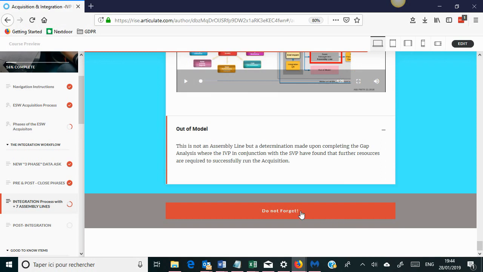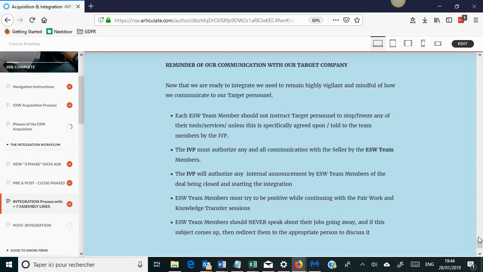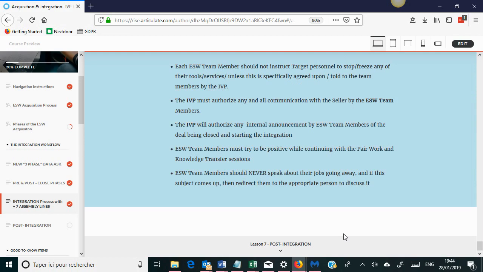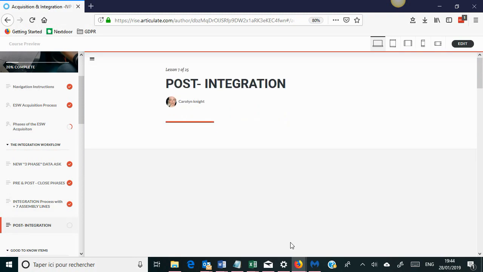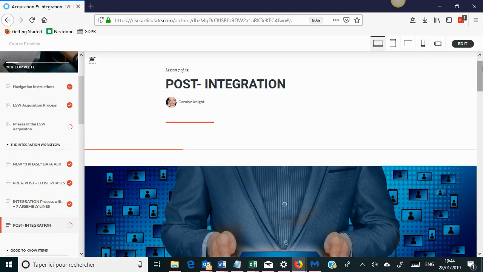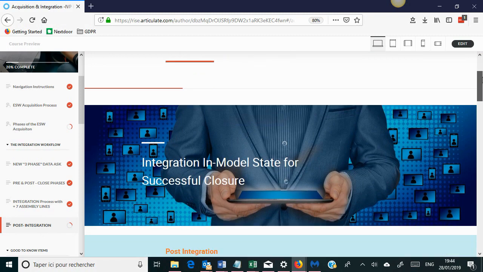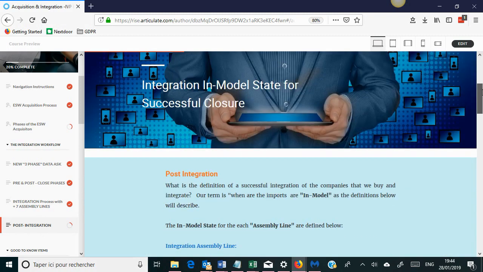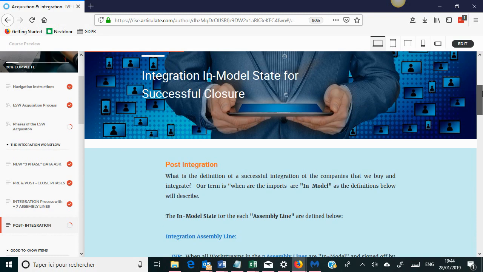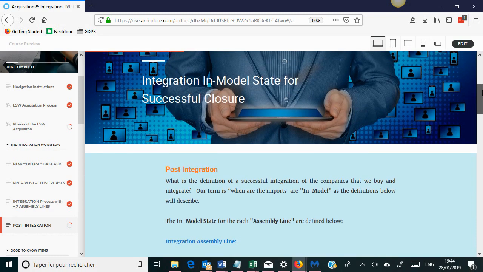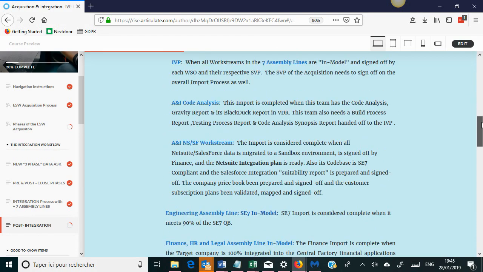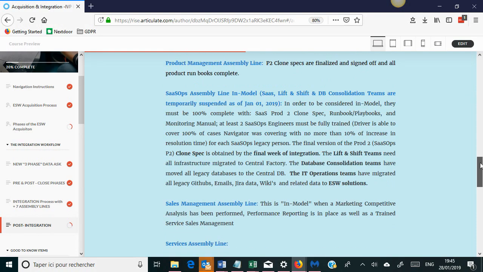So I explain that, and then I talk about communications with the target company, because it's a very uncomfortable process when, say, your company's being bought, you most likely will be laid off. If you're key personnel, you could keep your job, but then you have to renegotiate your salary. And this particular organization only has remote workers for the most part. They have executive staff in Austin, Texas, but most people become remote, and a lot of people don't want to work remote. So integration in model state for successful closure, what that means, what analysis, all the different processes that are involved, fairly extensive,